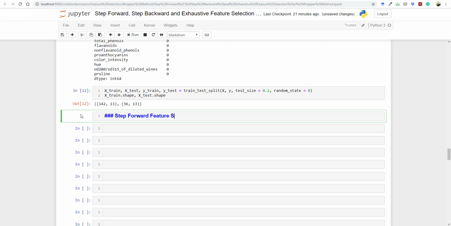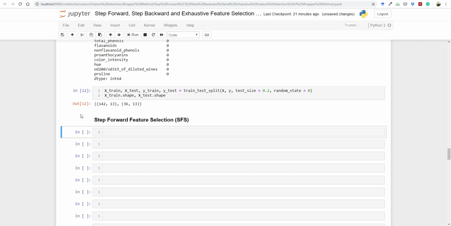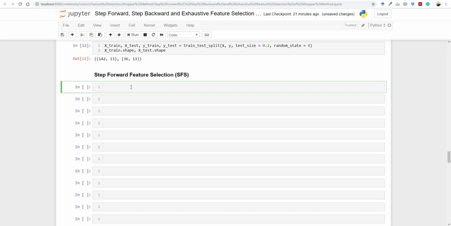Step forward feature selection. That's the SFS. Now we are going to implement the step forward feature selection, then step backward feature selection, and then exhaustive feature selection. So here, SFS, step forward feature selection, is equal to the sequential feature selector,